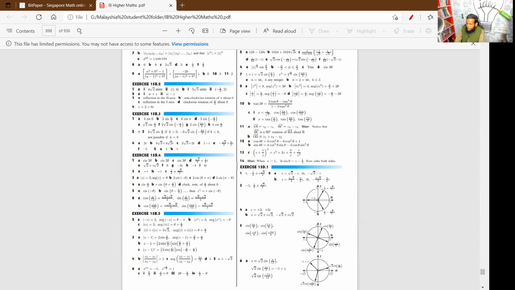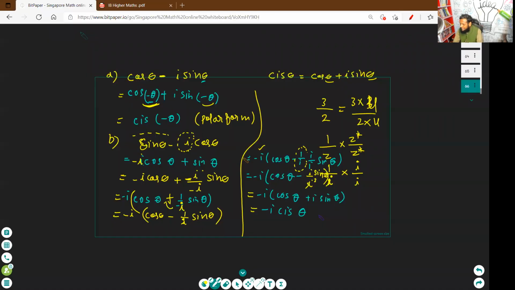Okay, good. So now understand. Now we were multiplying this and this, but one is in Cartesian form and the other is in polar form. Clear? You should change both into polar form and then multiply. So now I change the minus i into polar form, right? Yes, not i, minus i.